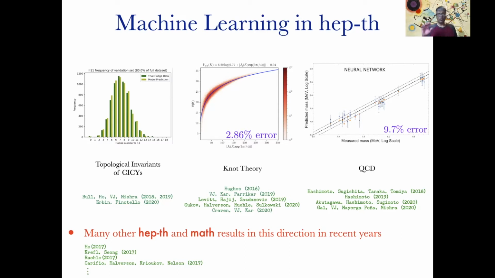Later, Erbin and Finotello were able to boost this accuracy to essentially 100%. Now, 7,890 is a large data set, but it's not a huge data set. There are 1.7 million hyperbolic knots up to 16 crossings. We're able to predict the volume of the knot complement starting from the Jones polynomial. We're able to do this with about 97% accuracy. This is about as good an accuracy as you can expect, because the Jones polynomial does not uniquely identify a knot. We've even reverse engineered what the neural network is doing to give us an analytic function that does almost